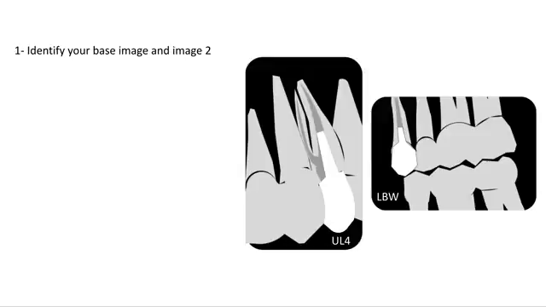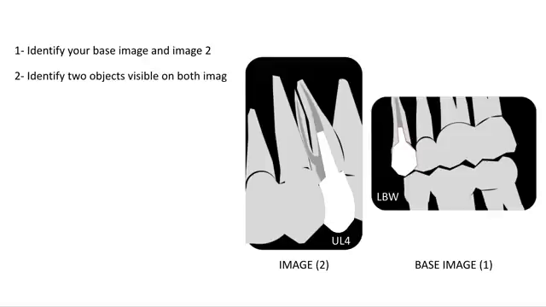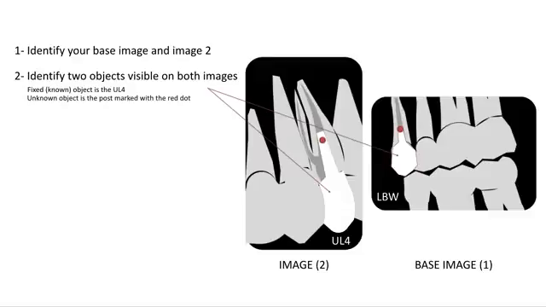You need to identify one image as your base. In this example, the bite wing is our base and the periapical is our image 2. We need to select two objects that are visible on both images. One has to be fixed and the other is the unknown, the one we need to find the position of. So here, the upper left four is the fixed one and the red dot marks the post crown as the unknown